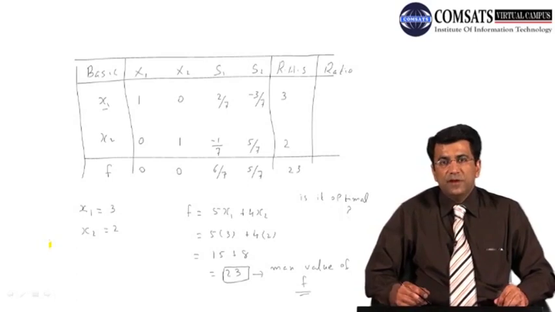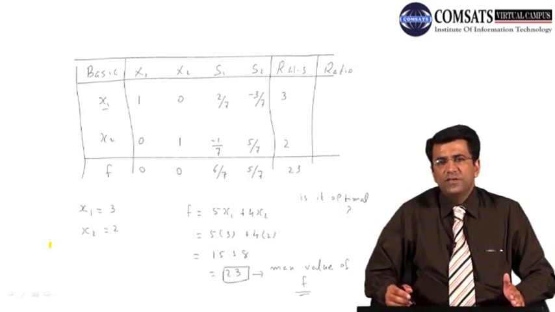So class, I introduced you to the simplex method of linear programming problems. I just solved a very simple example, and step by step I told you the different ways that how we can formulate the different tables, then how we can find out the different pivot row and pivot column, and then pivot number, how we can replace the different rows in the different tables, and finally after going through this particular procedure we can maximize our objective function.